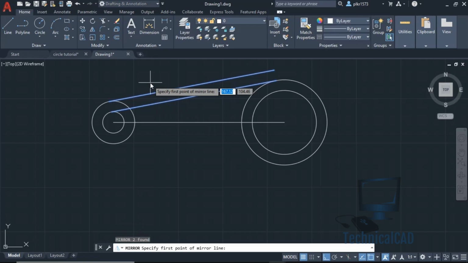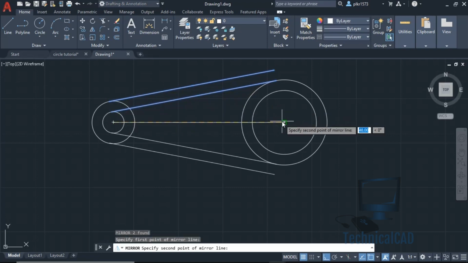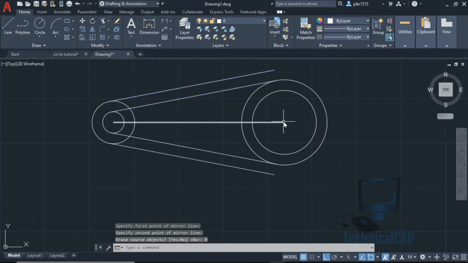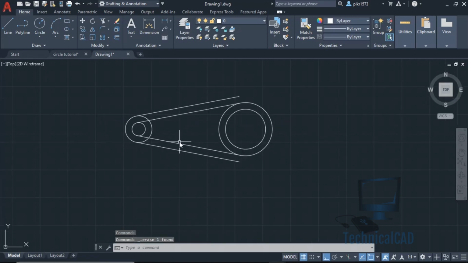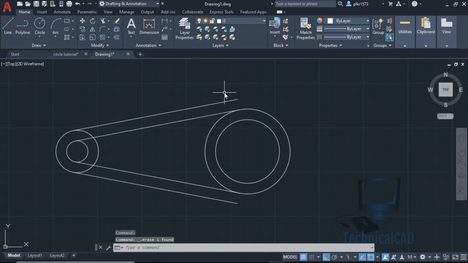The mirror shortcut is MI. Now go for this center point, this center point. Now it's asking whether to erase the source object. If you give Yes, this part will get erased, so you have to give No. Now you can see this.